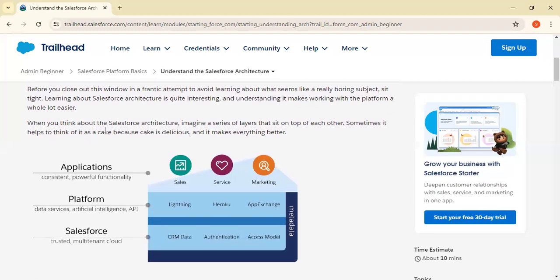When you think about the Salesforce architecture, imagine a series of layers that sit on top of each other. Sometimes it helps to think of it as a cake, because cake is delicious and